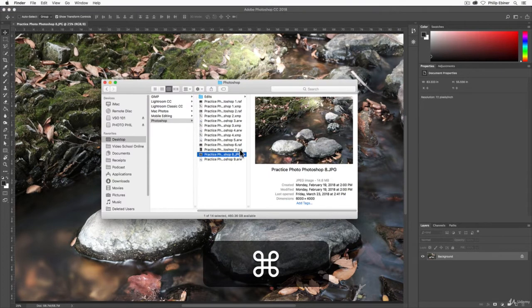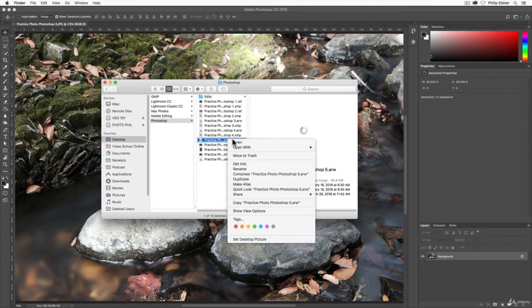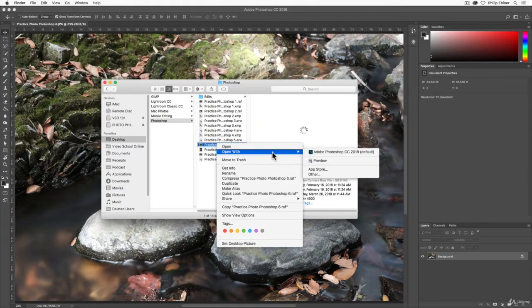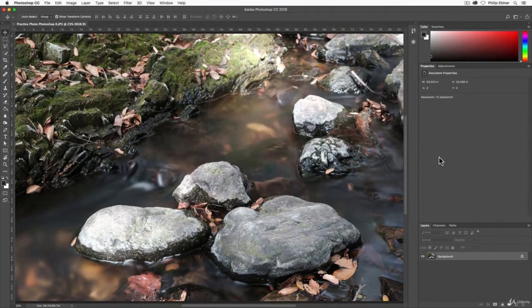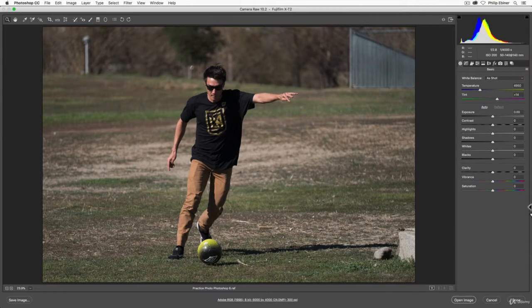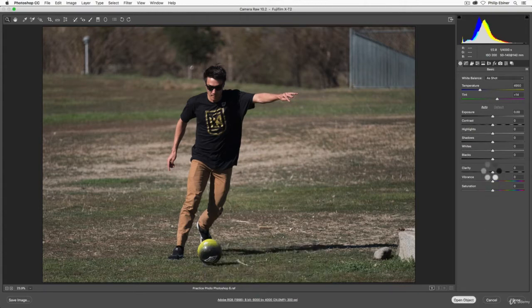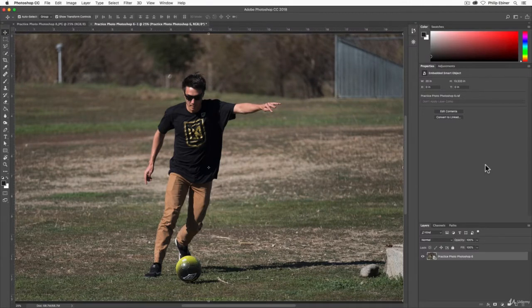If you open up a raw image in Photoshop by right-clicking and opening in Photoshop, let's go ahead and try this one. Then it's going to open it up in Camera Raw, and then you can either choose Open Image, or remember, if you hold Shift down, you open it as a Smart Object, which allows us to easily go back to Camera Raw in the future. Well, for this lesson, we're not really worried about going back to Camera Raw, even though that's the best practice. So those are the multiple ways you can open up in Photoshop.